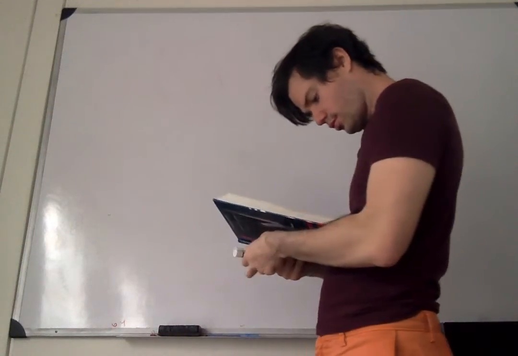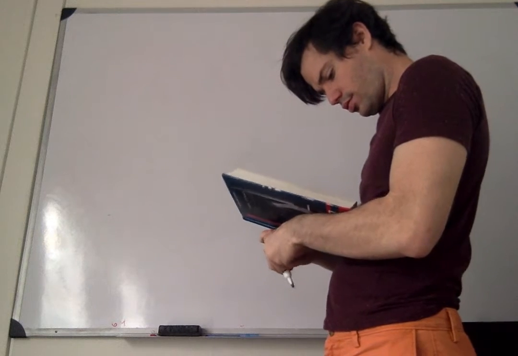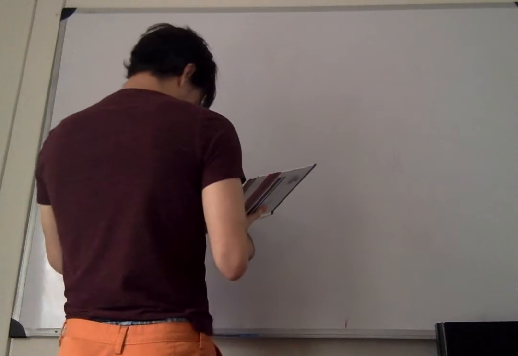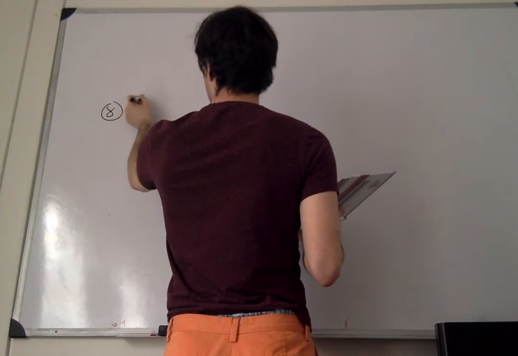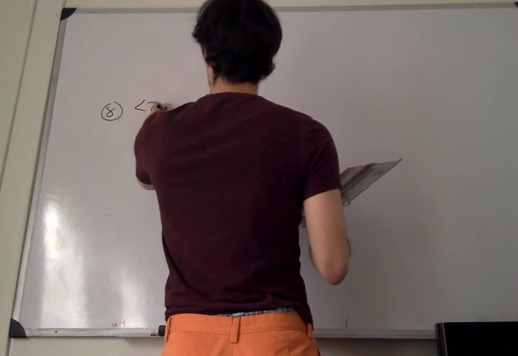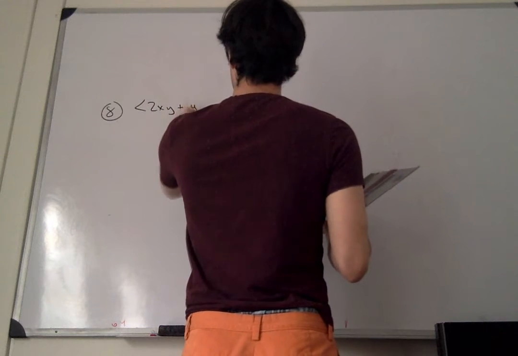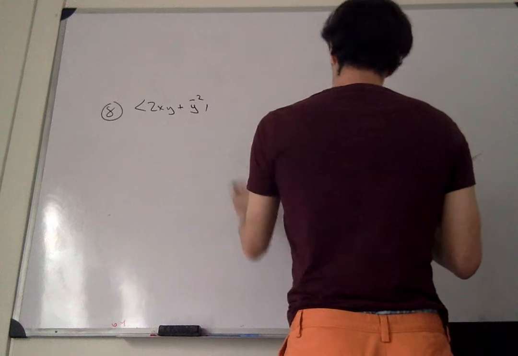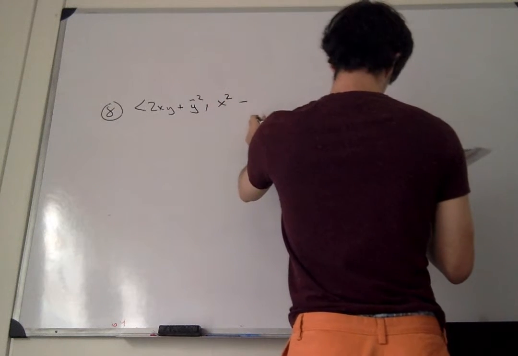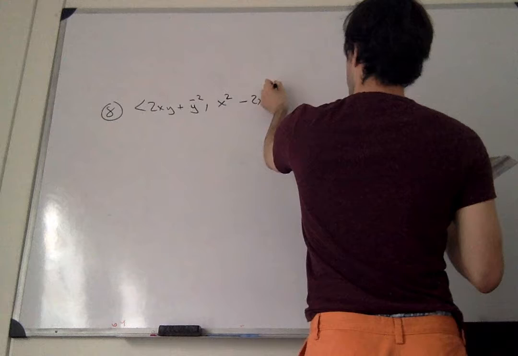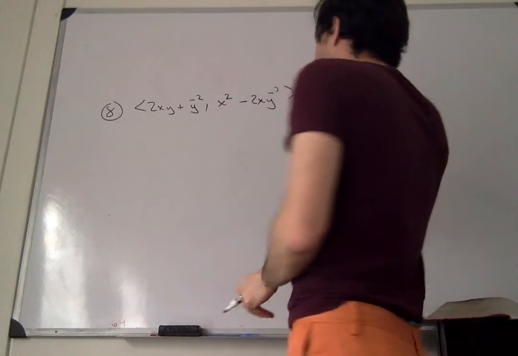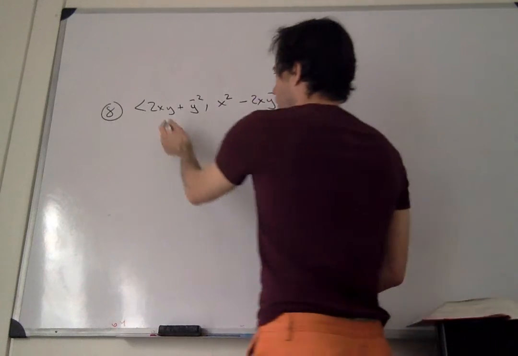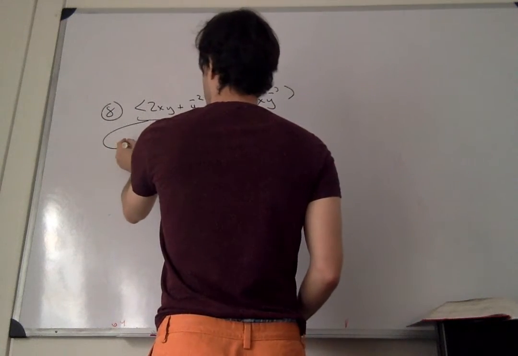How about problem 8? So problem 8, we have 2xy plus y to the minus 2, x squared minus 2xy to the minus 3. Okay. Is this conservative? Well, the derivative of that whole thing, I don't want to write it,